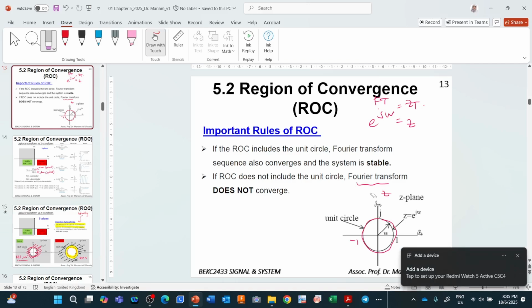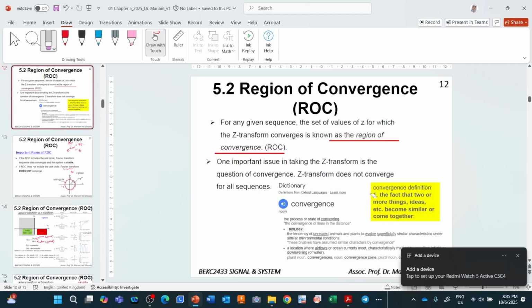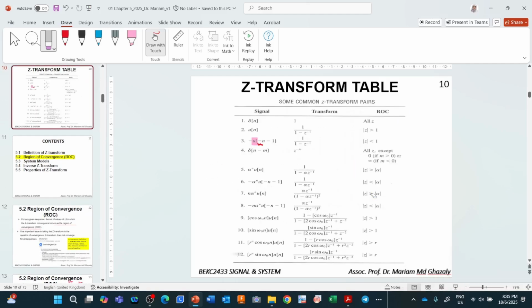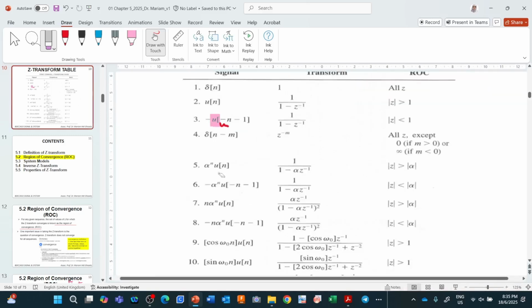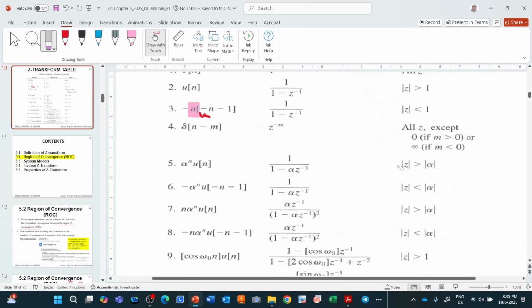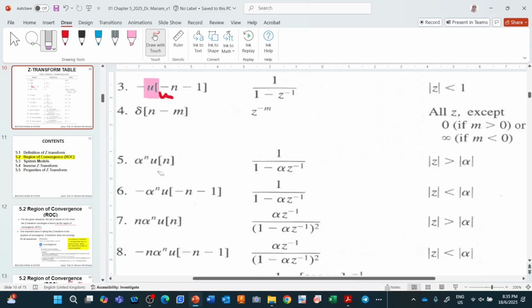So this one is the unit circle, from minus 1 to 1, and you write it on the Z plane like that. The first rule is, if the ROC includes the unit circle, then the system is stable. So let's look at the Z transform table from just now. If you look at number 5 here,